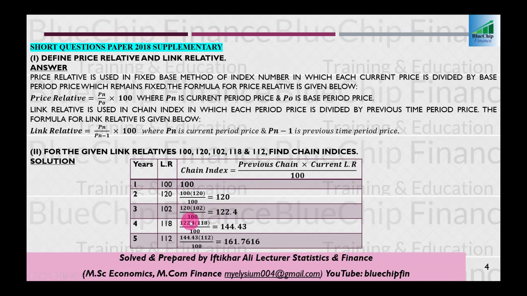For fourth year, your previous chain is 122.4, your current link relative is 118 divided by 100, and chain is 144.43. For fifth time period, your previous chain is 144.43 multiplied by current link relative 112 divided by 100, and finally your chain index is